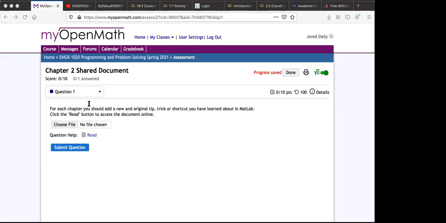Anybody know what Easter eggs are in programming? Nobody? An Easter egg is something that the programmer has put into the program that is usually some kind of a joke, or just something that's important to the programmer. So there are Easter eggs in Google. Actually, you can search Google and find Easter eggs that the Google programmers have put in there. Certain search terms will give you funny things,